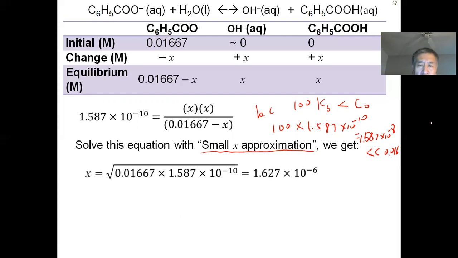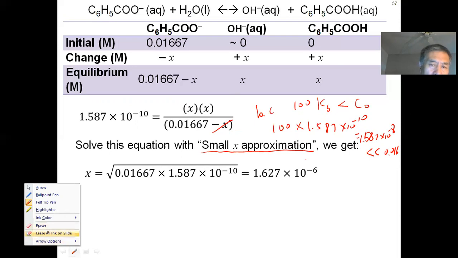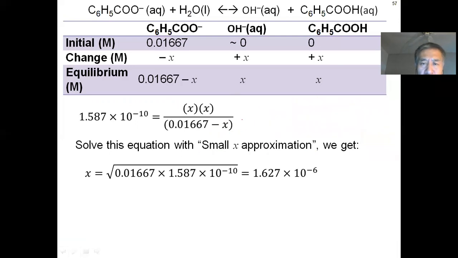So therefore, what we did is drop this term. So the equation becomes simple. Let me erase all that I wrote. So using this small x approximation, this becomes x squared over